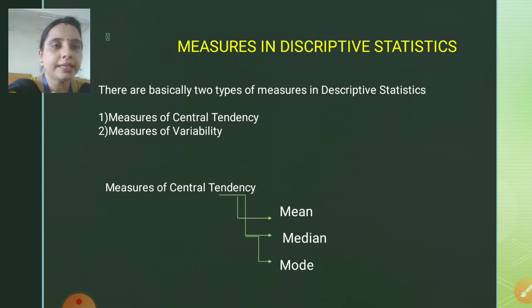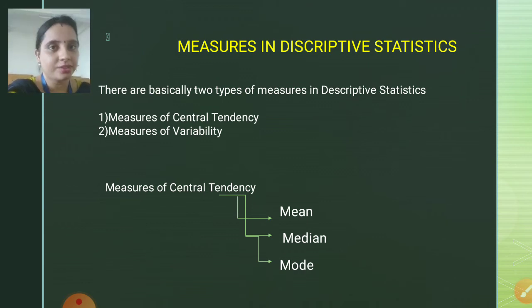Moving ahead to our next topic, which is again a very important topic: measures in descriptive statistics. Measures in descriptive statistics are broadly classified into two: measures of central tendency and measures of variability. We'll start with the first one, measures of central tendency. Measures of central tendency are classified as mean, median and mode. I hope you have all heard about these terms whenever you studied statistics in school or college, because they are the easiest and most common terms, and pretty easy to understand. So we'll have a quick discussion on these terms.